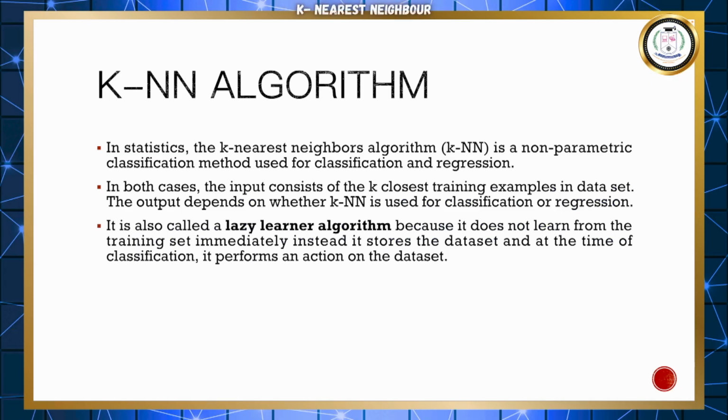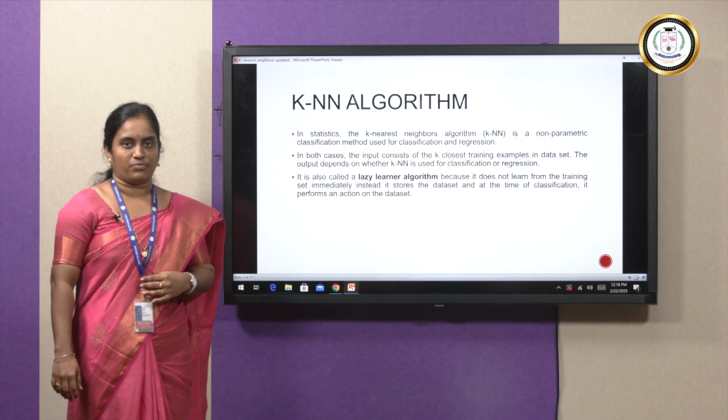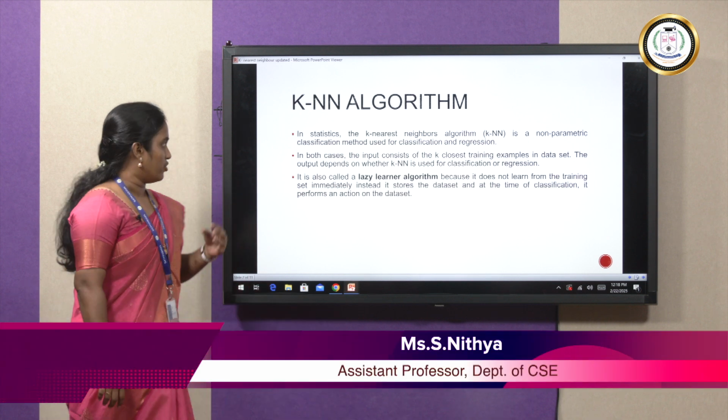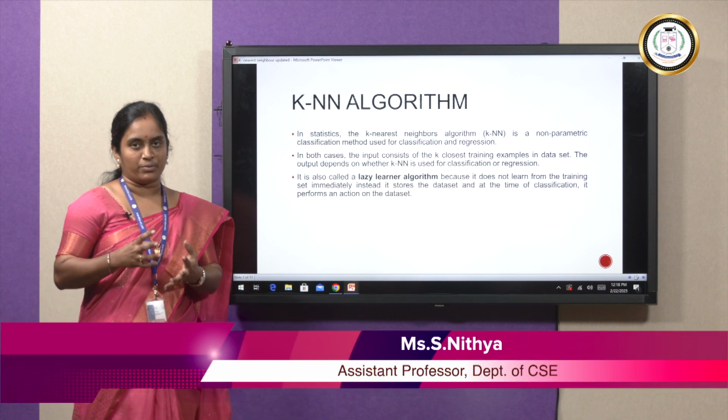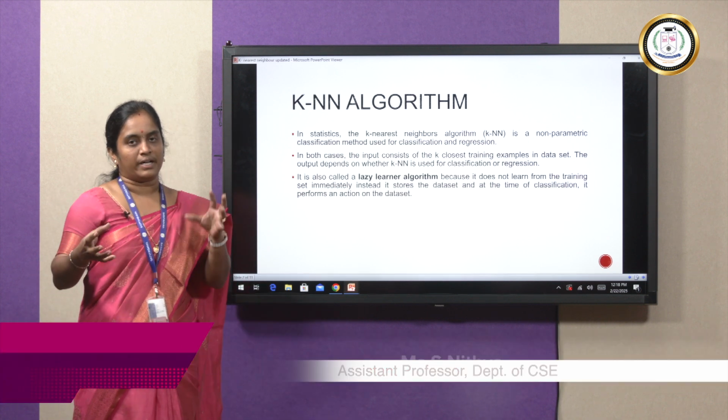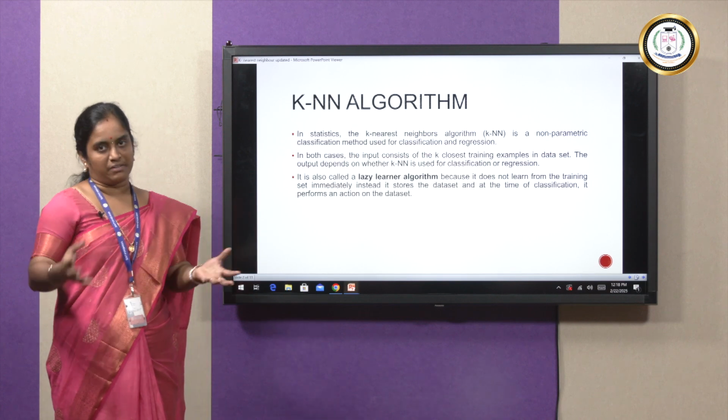A KNN algorithm in short is a supervised algorithm, which is also a non-parametric method used for classification and regression tasks, but it is predominantly used for classification problems, for predicting a particular new data point which is given to be classified into either category A or category B in a given data set.